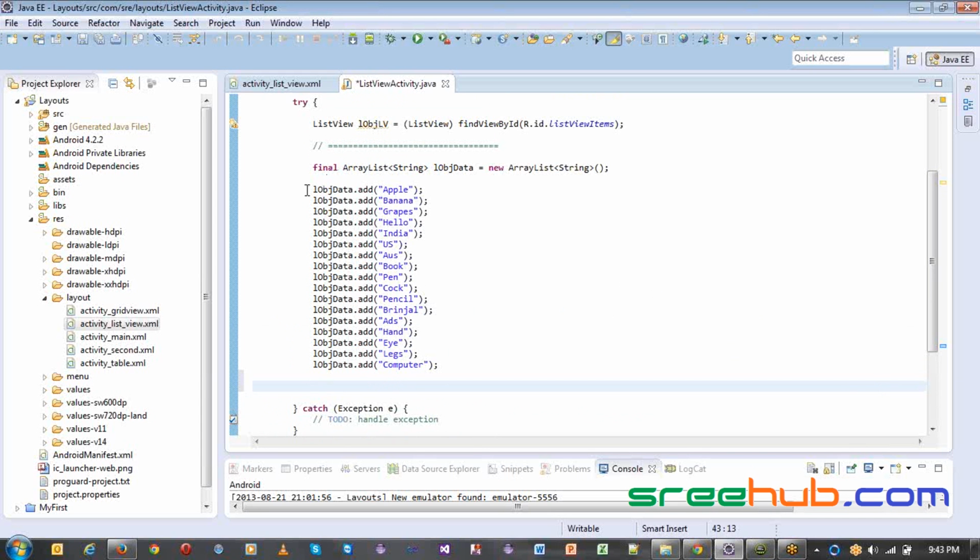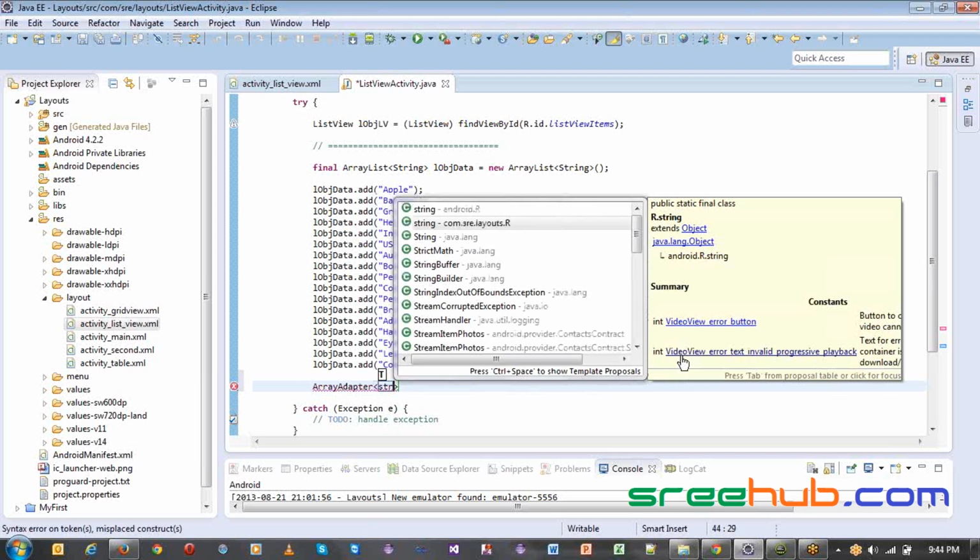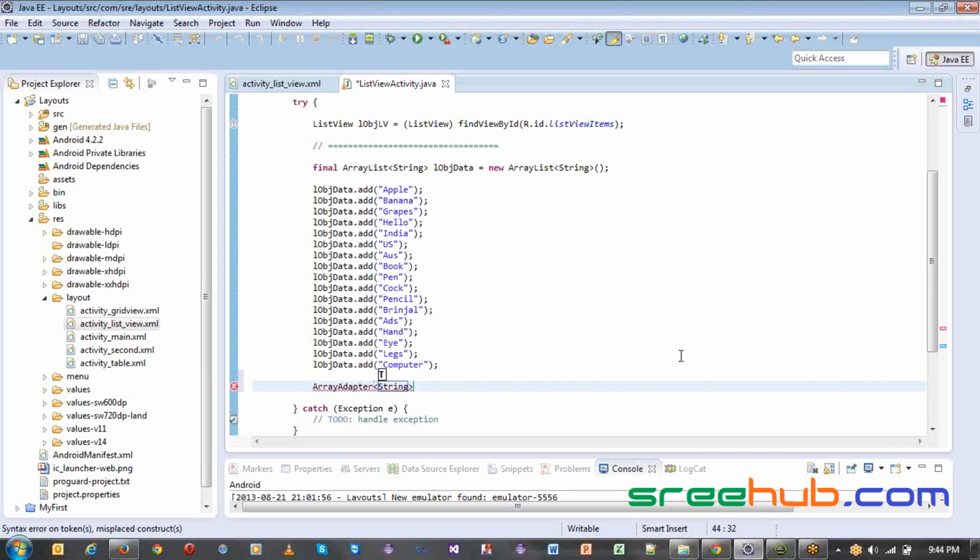In our previous example, if you remember, we took a string array, and we just gave some random alphabets to show that. Now I'm just taking some words here. Now your data is ready. In order to attach this to any view in Android, we have to go for an array adapter, which is mostly what we'll be using. Let us say I'm going to take an ArrayAdapter which accepts only string attributes. Let me call it lobjAdapter